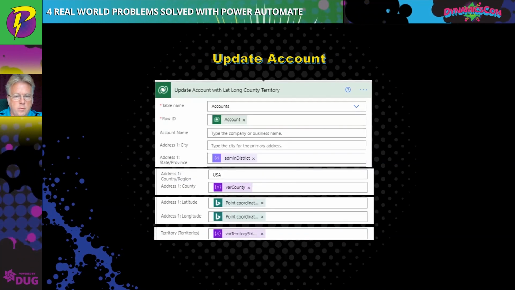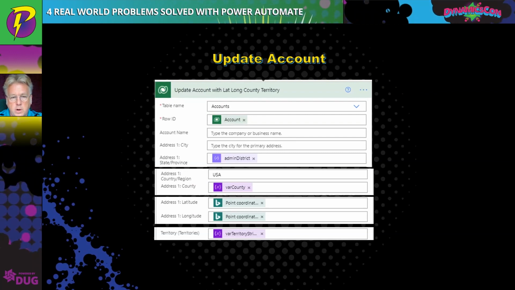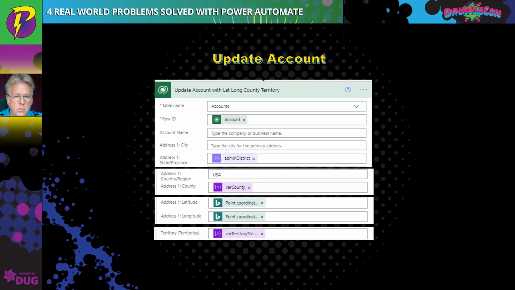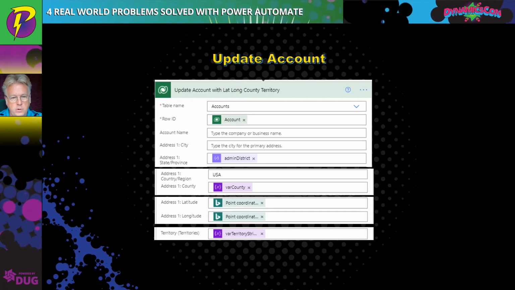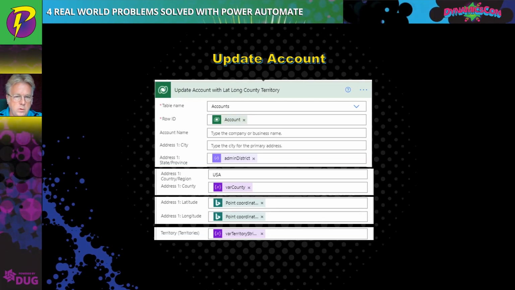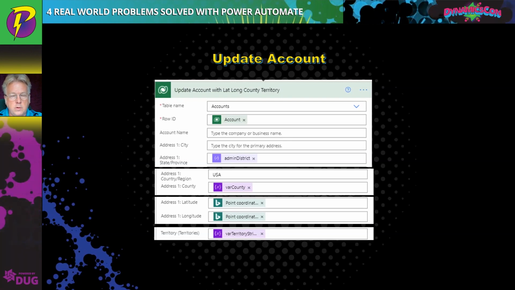Now that we have that information, we can go back and update the account that originally triggered this Power Automate. So you see the table name is accounts, the row ID comes from the trigger itself for the account GUID. We set the state or province in address 1 from the JSON response. We take this time to format the country to USA. They only work in the USA at this time,